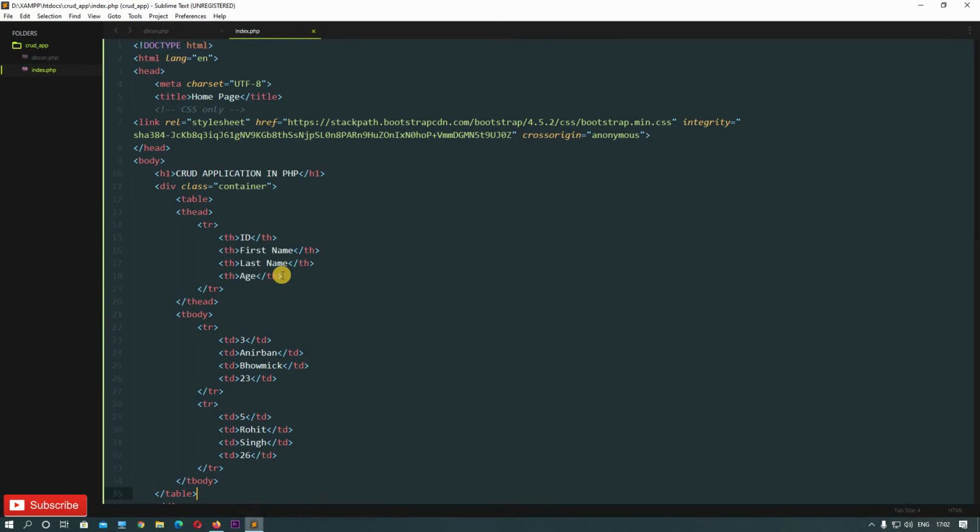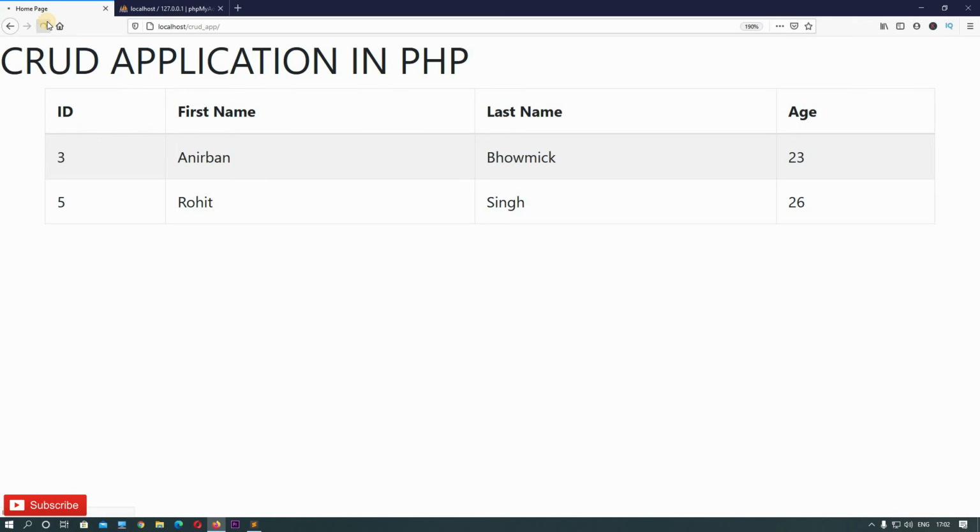Now let's make this table a bit more beautiful. So now in the table tag we will use some Bootstrap classes to design it. So write class, then the first class is table, then table-hover, table-bordered, and table-striped. Okay, save this. Now come here and hit refresh. Okay, now we can see a better table, right?